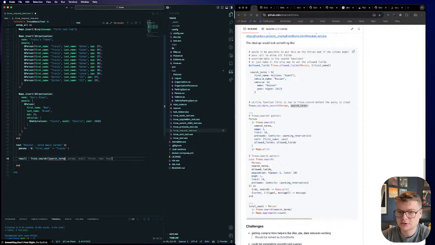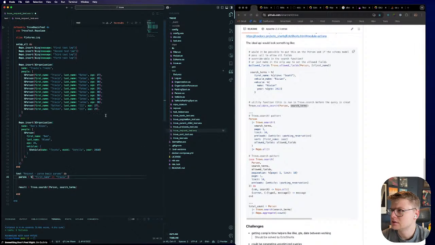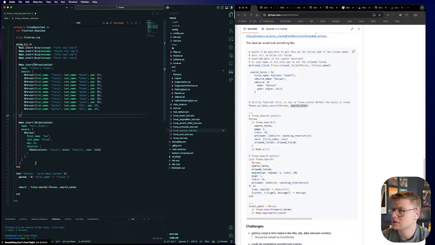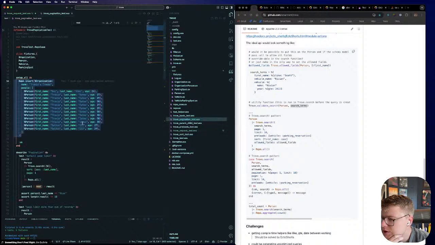Let's say search terms, and we don't really care about passing anything else right now. So yeah, oh, I guess we need to pass in a model. Let me just look at one of these other